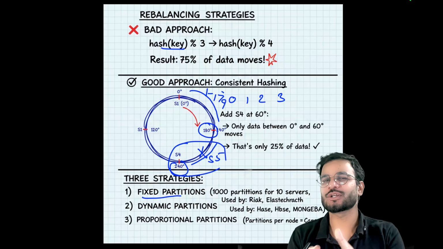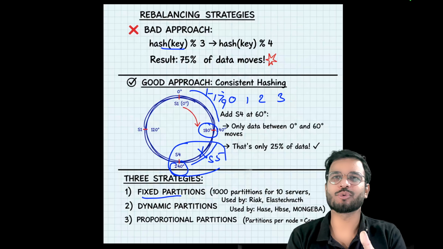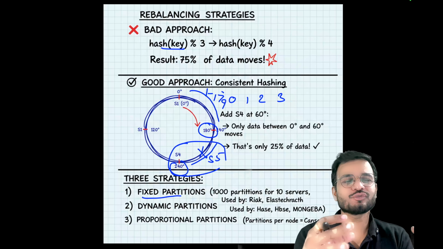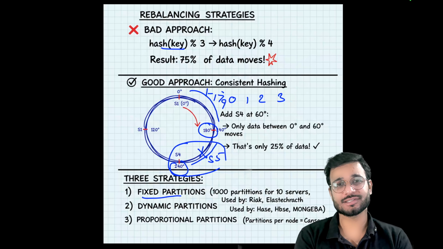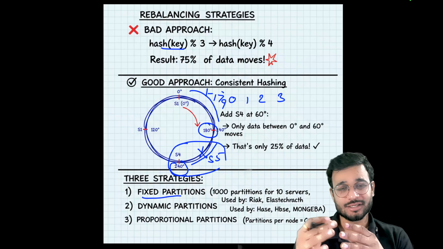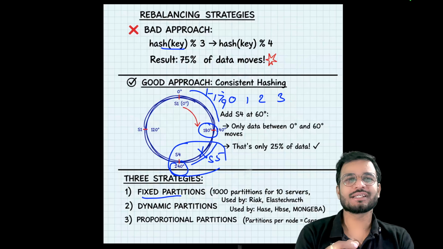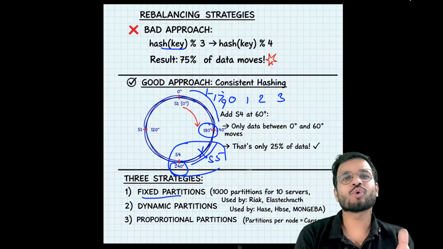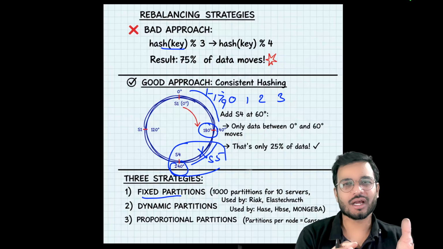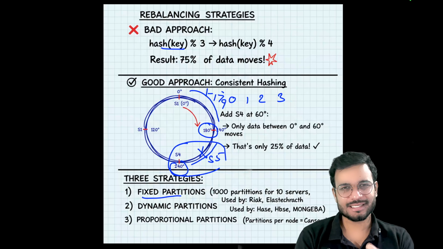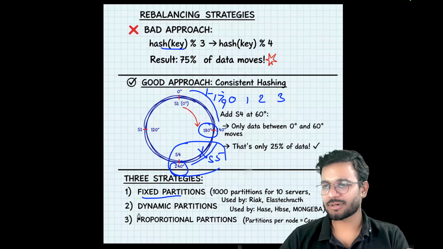Suppose partition 1 goes down and we introduce one more partition. We can easily move that specific partition to partition 5 or a new partition. Or for instance, we have a new node that is being introduced as a server. We can now equally divide those 1000 partitions among 5 servers. But the number of partitions here remains fixed. The second type is dynamic partition.